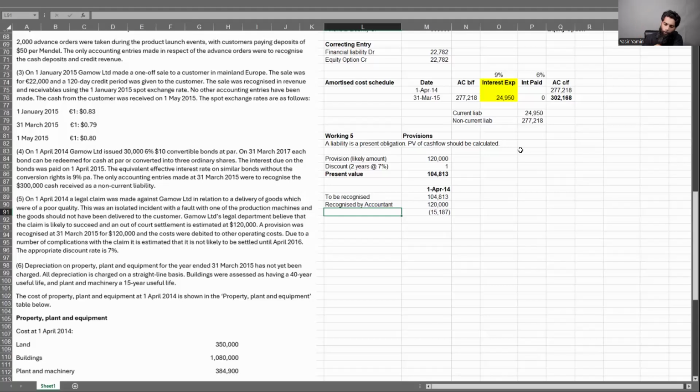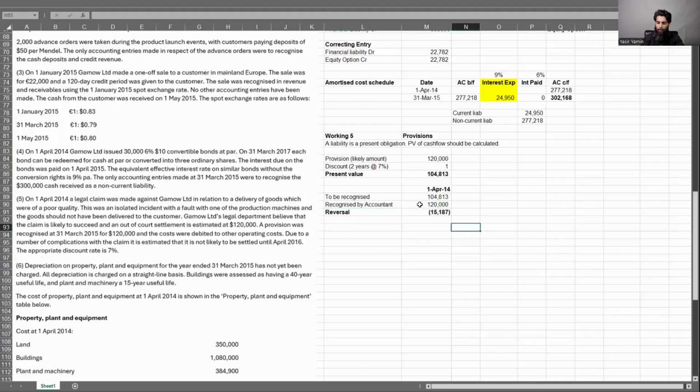First of all, if we stand on 1st April 2014, the date the legal case was initiated, the date we took legal advice from our lawyer, at that date, examiner incorrectly recognized a liability of 120,000. It should have been 104,813. There should be a reversal of 15,187. The accounting entry for this